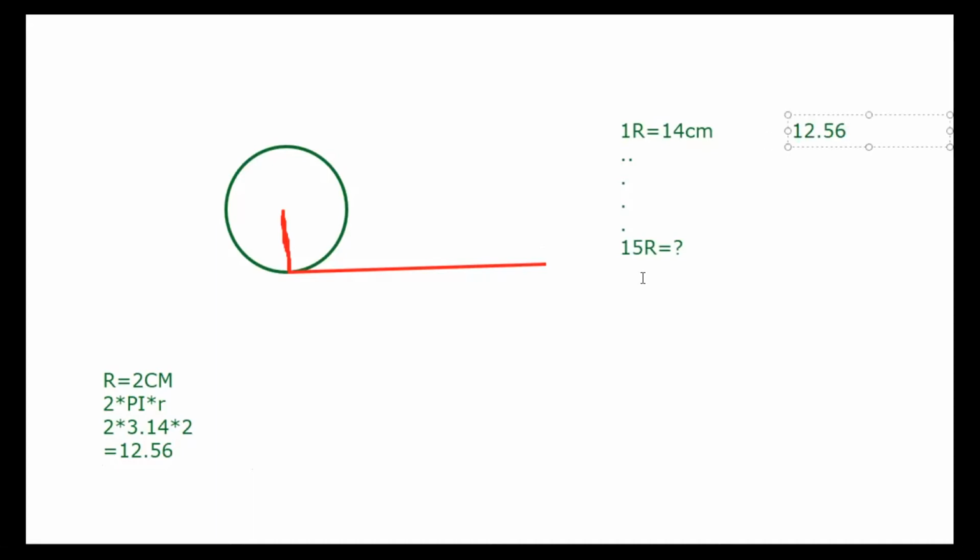Then suppose you use your robot from the starting of the room, and you start your robot, it reaches the end of that room. Okay, it is taking 15 rotations. Then 15 rotations means how much distance will it cover? So 15 into 12.56, that means 15 rotations, so 188.4. Okay, it is coming 188.4.